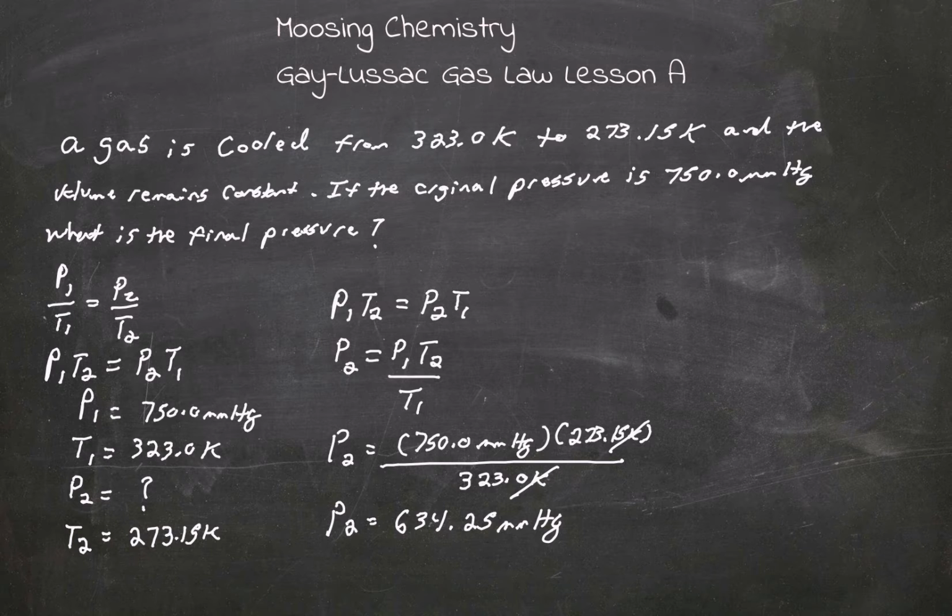Now, could I turn that into atmospheres? Sure, I could. If I really wanted to do that real quick, I'm going to go 634.25 millimeters of mercury times 1 atm. There are 760 millimeters of mercury to every atmosphere. So that cancels out. Let me get my calculator again. This will give me approximately